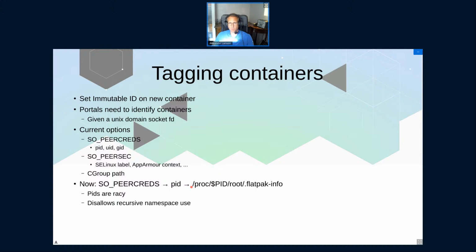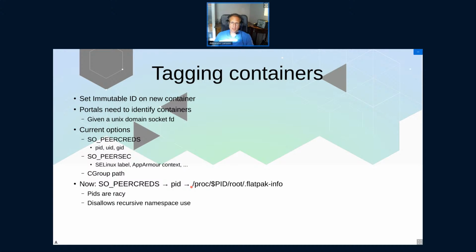Not everyone wants to use SELinux or have to tweak SELinux for their container system. And cgroups don't really work yet for unprivileged stuff, or at least cgroups v1 doesn't work well. So what we use is SO_PEERCRED, and that gives us the PID.